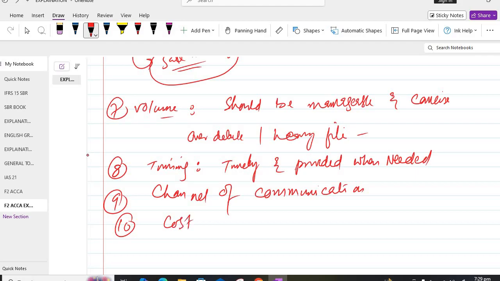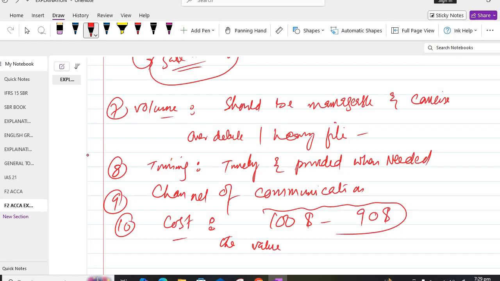Then in the last, you have to be more concerned with cost. The value must justify the expenses. What does it mean? You have to consider, let's say, you are getting information and the information costs $100, and the benefit it provides is $90. Then you should not go for this, because you have to weigh it off,